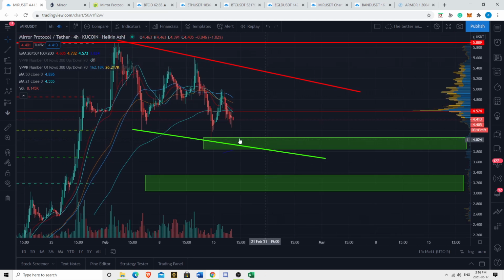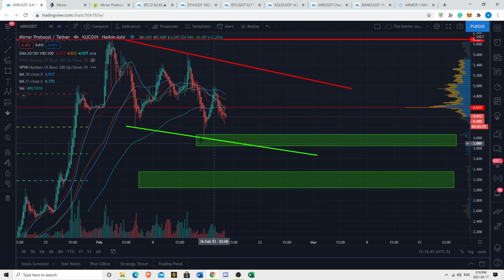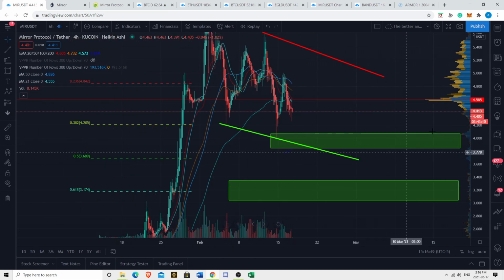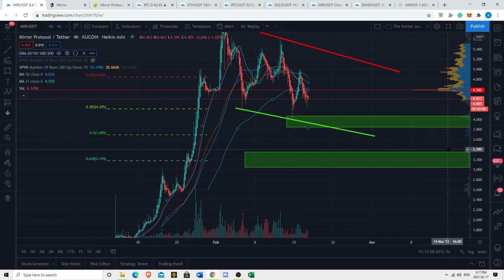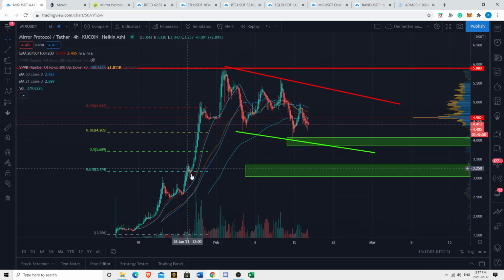If I were so inclined to get into this, that is where I would be starting to look at dollar cost average. If we start to break below this level and this green line here, that's very bad news bears. I'd start to get worried. If indeed we do break below this key level, I do think we have a good chance of falling to a $3.20 zone. The 618 Fibonacci retracement zone is right here. That's the measure of last resort.